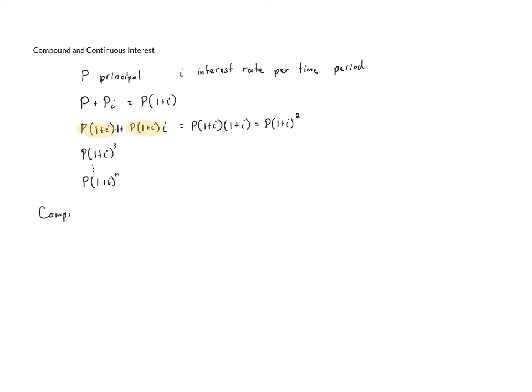So compound interest is given by the formula A of t, because the amount that we have in the end is a function of time, and it's going to be P times 1 plus r over n to the nt power, where our function A of t is the total amount